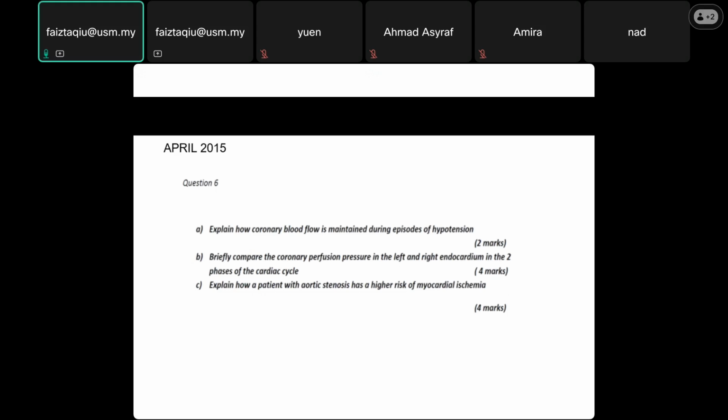Okay. Any questions before we end? So this topic is very important. I believe that it will come out in your exam in whichever way lah, sama ada your SAQ ataupun your Viva. Dia akan keluar juga macam mana. Kalau you tak dapat masuk SAQ, dia tak dapat masuk Viva. So it is a must for you to understand the whole concept really well.